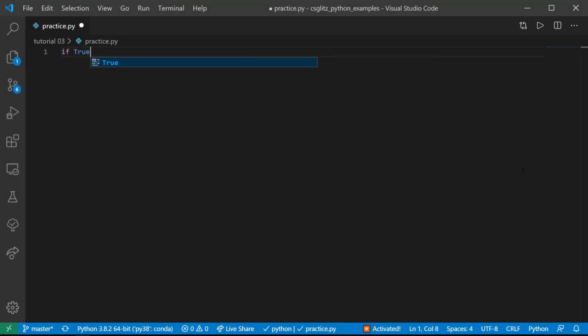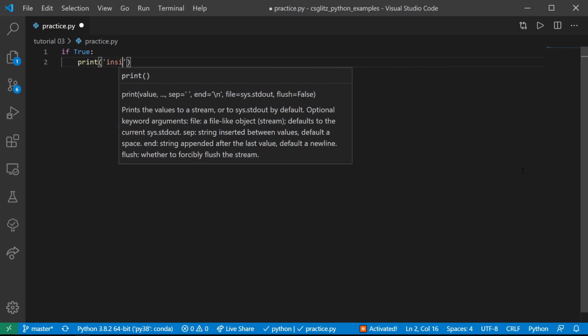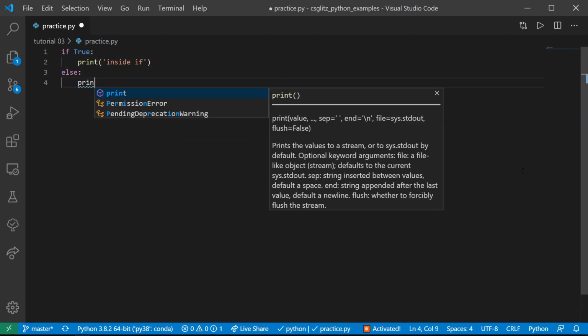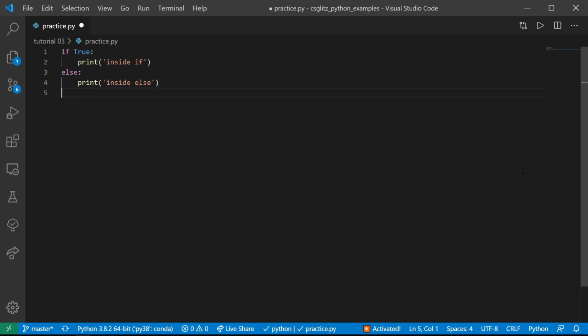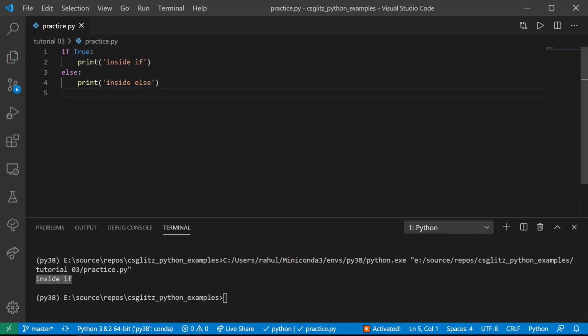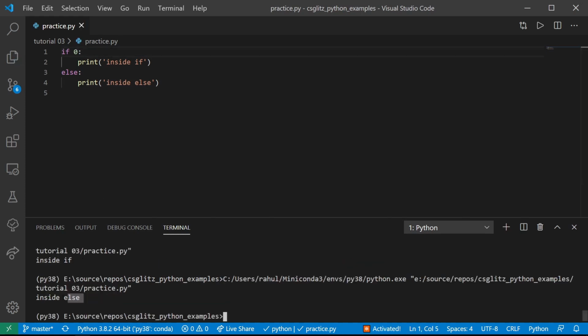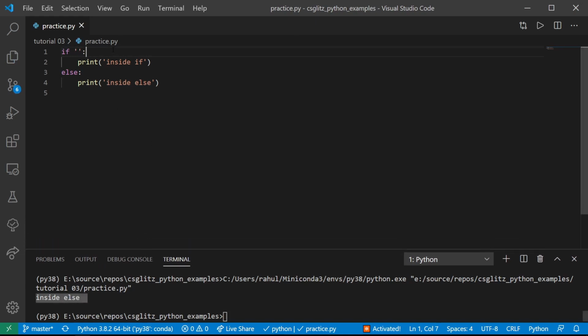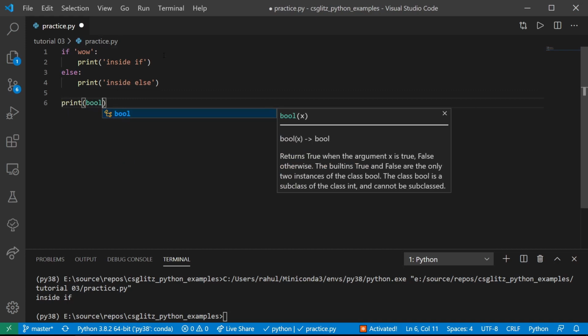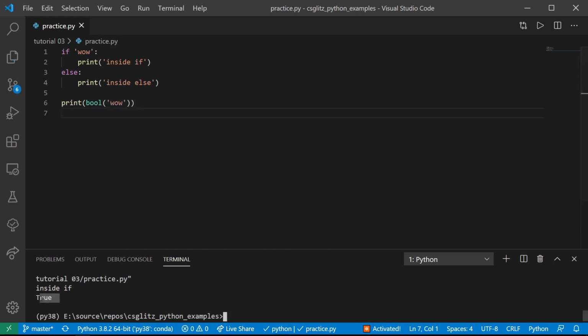Now we will learn about some common mistakes that beginners make. So far, we are using if statement only with Boolean values. But if statement will work on other values as well. It takes 0 as false and non-zero values as true. Similar behavior can be observed for string values as well. If you want to check whether something will be evaluated to true or false, then we can check it with bool function.